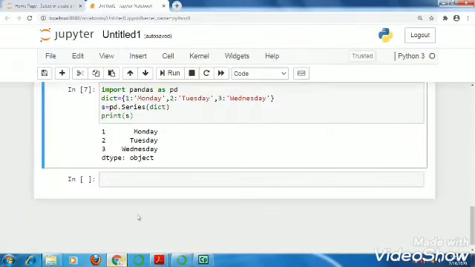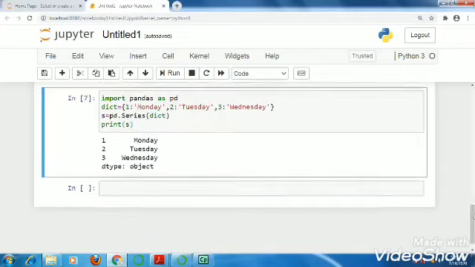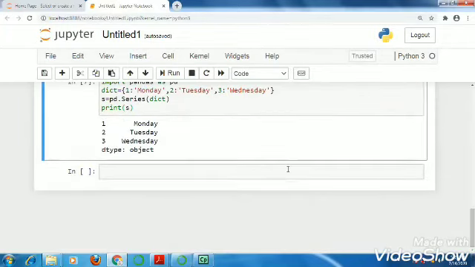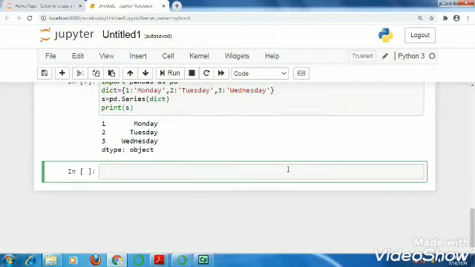Now let's see in the example. Already I have imported the library pandas. So simply I am going to write series s equals pd dot Series, and in place of the data I am providing the value.